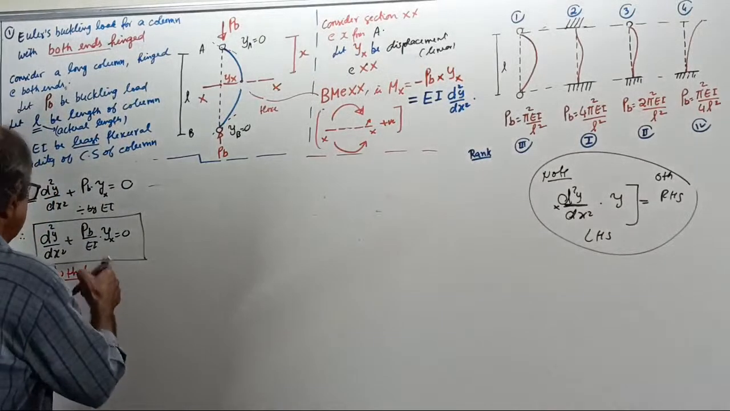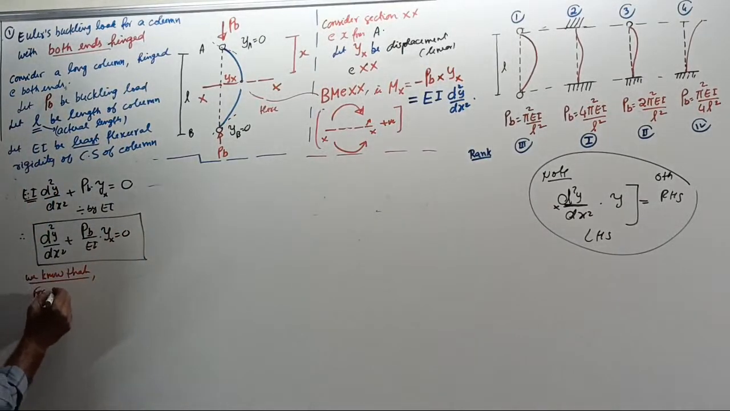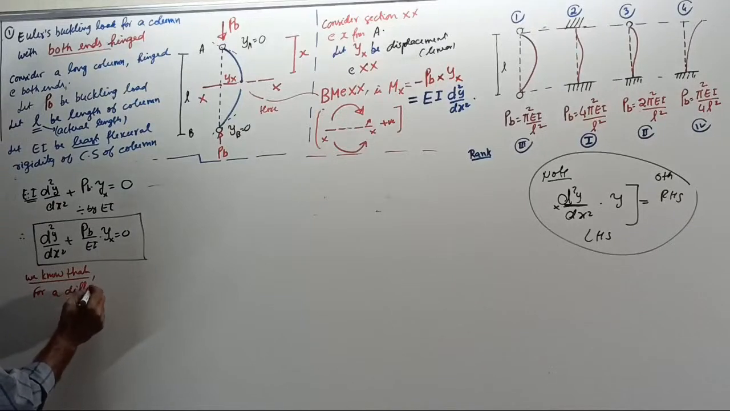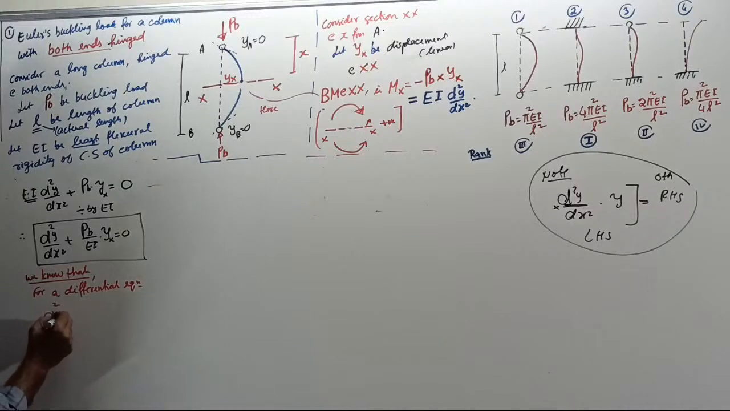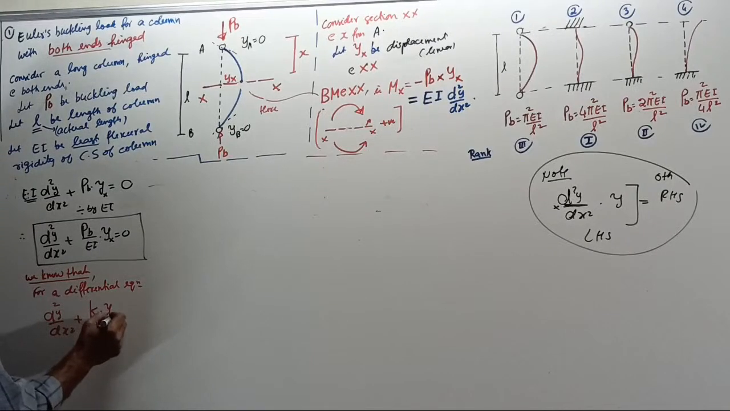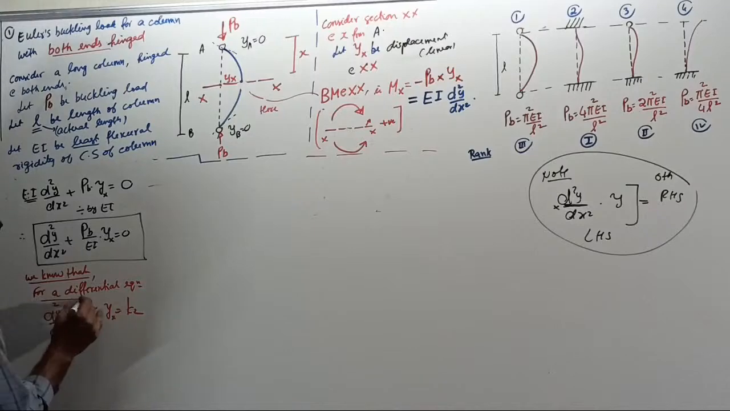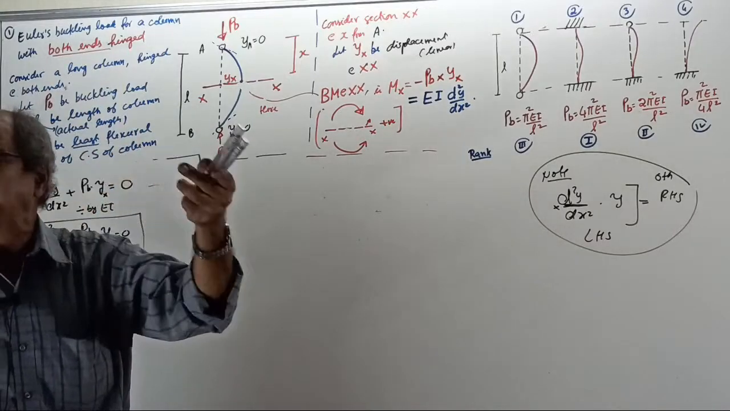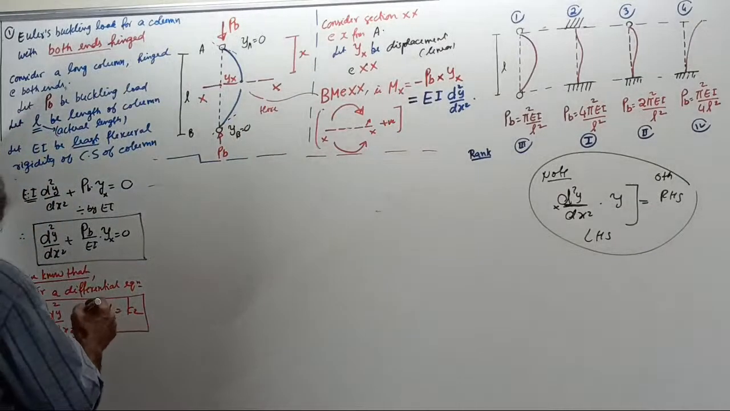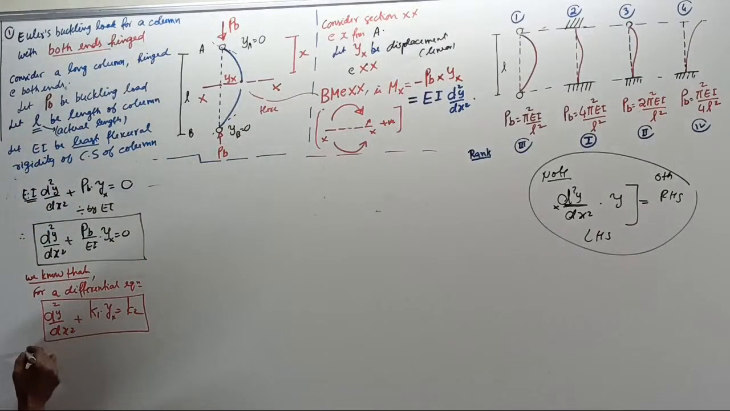See, we know that, for a differential equation, d square y by dx square plus k1 into y(x) equal to k2. If there's a differential equation in the form d square y by dx square plus some constant k1 into y(x) equal to k2, then standard solution, I'll use blue color now. Then solution is